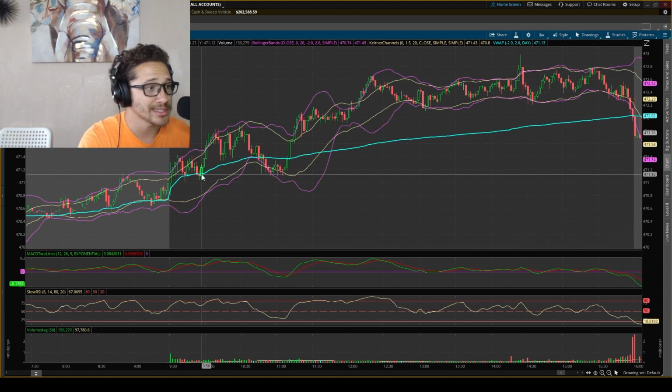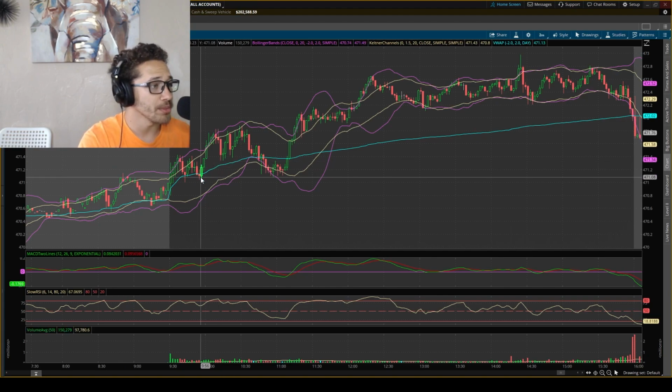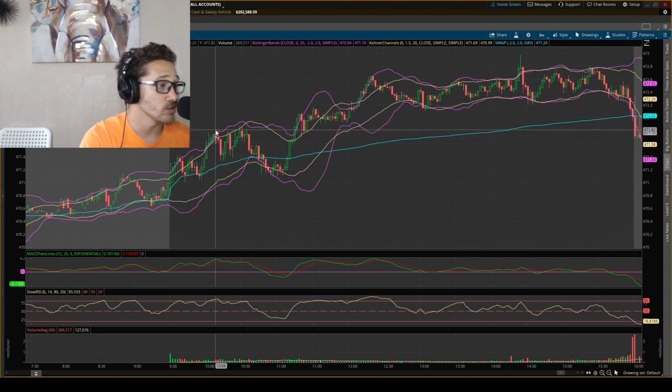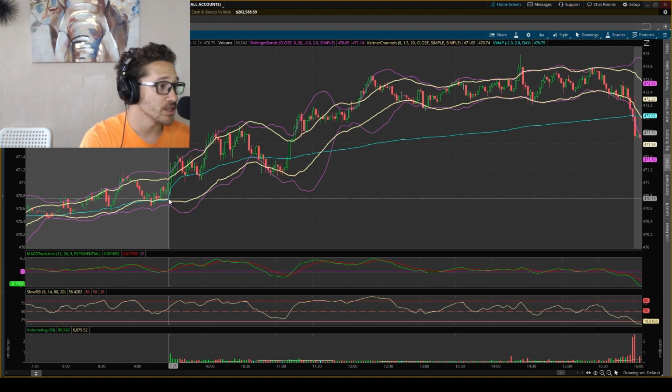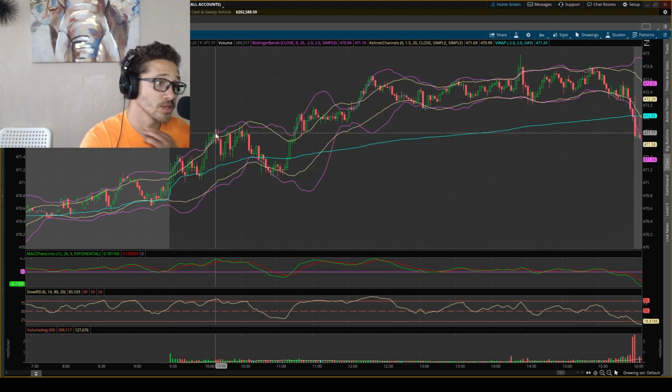It's going to be the analysis section of the video. So real quick, coming into the open, on the 2-minute chart, we had a 2 ATR move. So this is the opening bell right here. And within the first 15 minutes, we had a 2 ATR move to the upside. Well, 15 minutes is going to be right around here. This one's still justified. From the bottom of this Keltner channel to the top of this Keltner channel is a 2 ATR move. So we knew it was going to be a bullish day,